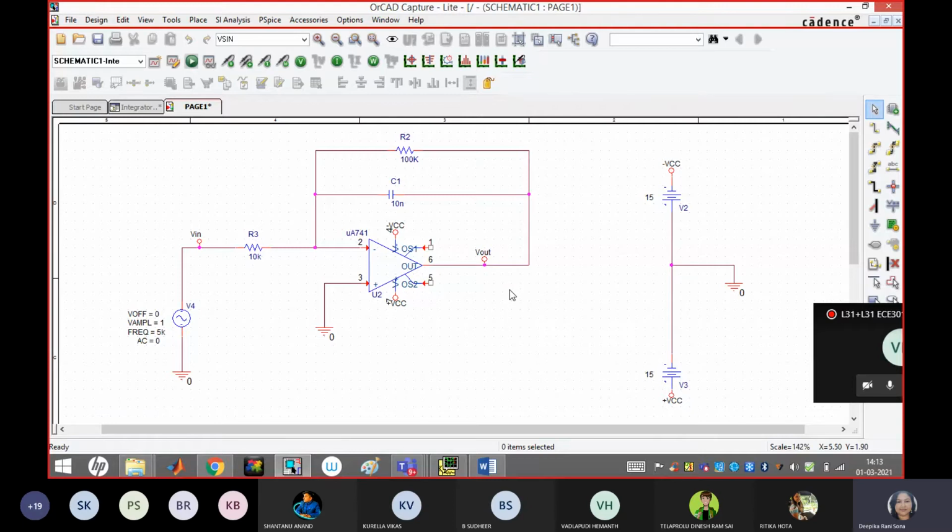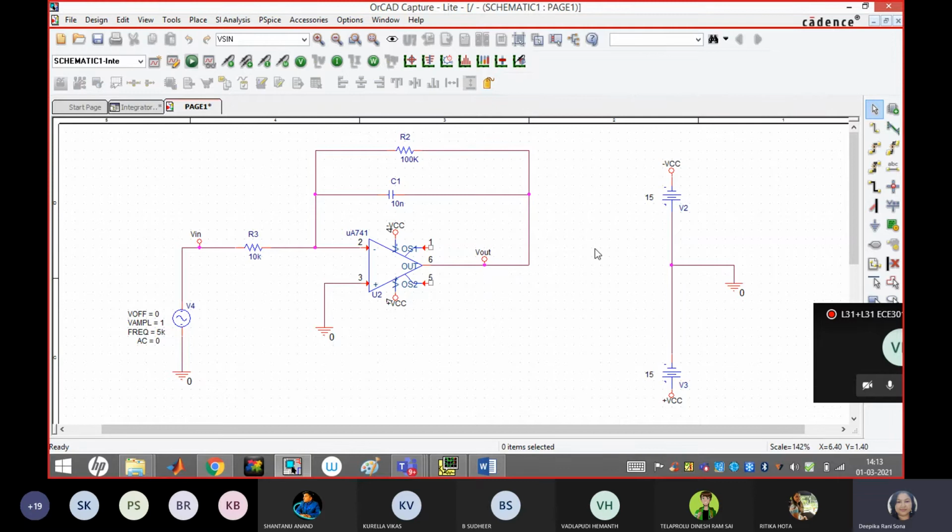Then how to check the input and output? Again, you have to bring the VCC, copy one at the input node. Instead of the voltage probe, what you have to do is connect the VCC at the input port. Similarly for the output voltage probe, no need to connect it. You just place the VCC.